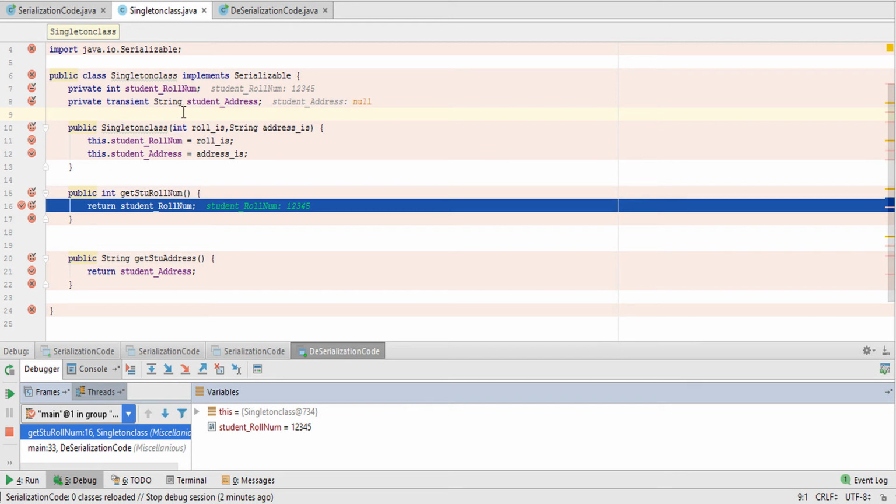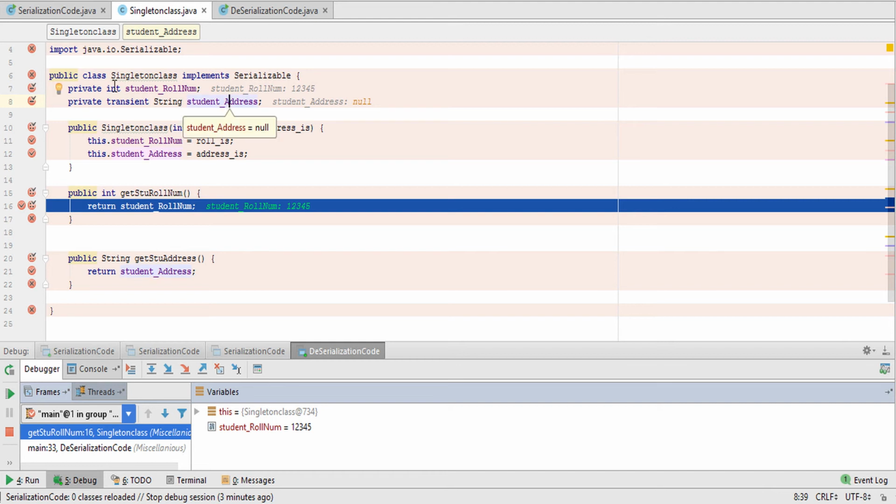One thing more: whenever we use transient before any variable, that variable will not take part in serialization, so the default value of that variable will be stored. Like String student address has been declared transient, so the default value of String is null, so null has been stored as the value of student address.